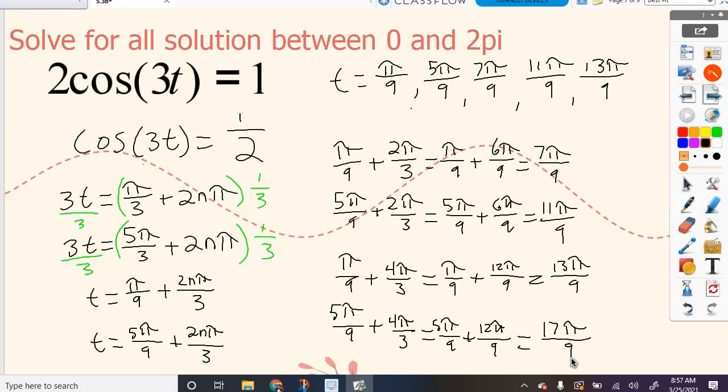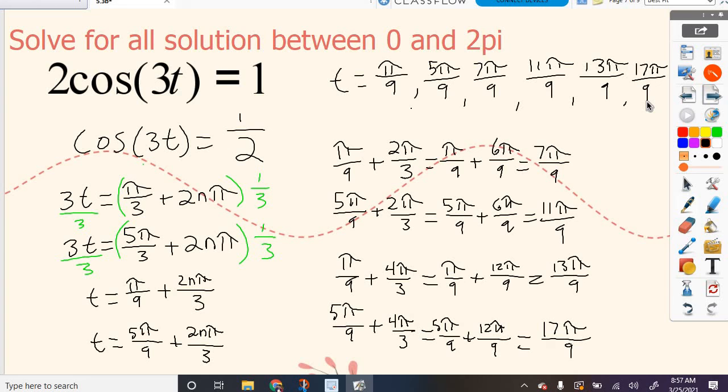And notice that 17 pi over 9 is still smaller than 2 pi because 17 divided by 9 is going to be slightly smaller than 2. And so because we are almost at 2 pi, that should be our last answer, which makes sense because then